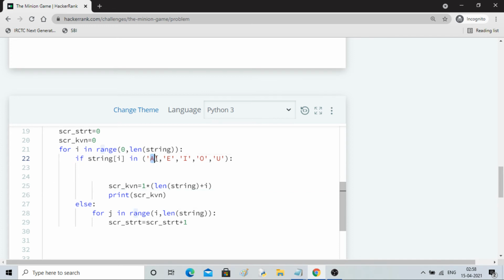So it will be 0, it will be here. So 1 2 3 4 5. Then I will be here 1 2 3. Then I will be here 1.